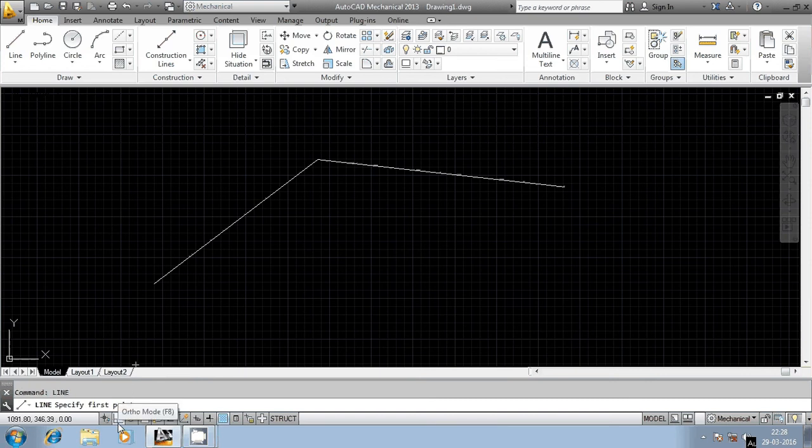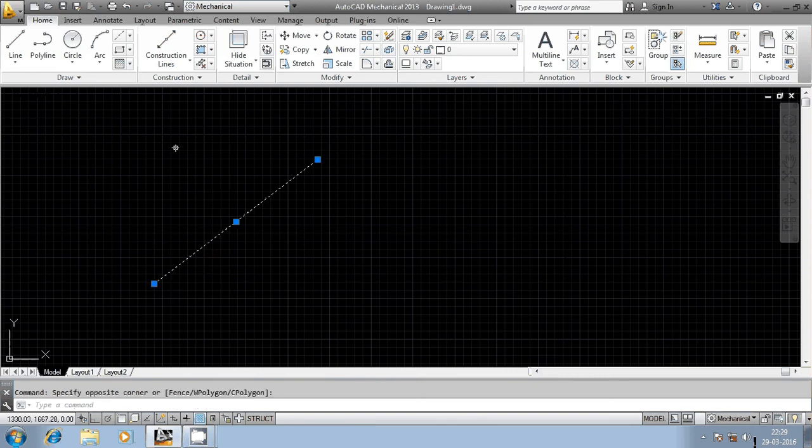If you want to generate only horizontal lines, you can use the ortho command, or you can press F8, which is nothing but ortho mode. Just go to ortho mode. Here you can draw the lines either in a horizontal manner or in a vertical manner. There are 4 different possibilities: 0 degree, 90 degree, 180 degree and 270 degrees. In order to draw inclined lines, you can just switch off the ortho mode. In the earlier session we discussed the creation of inclined lines. Now we can see other possibilities of drawing lines.